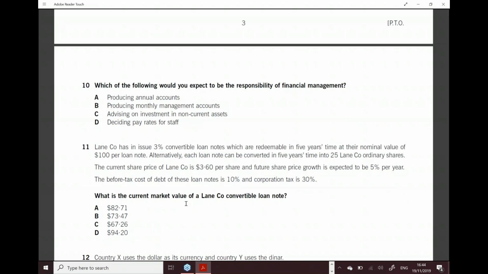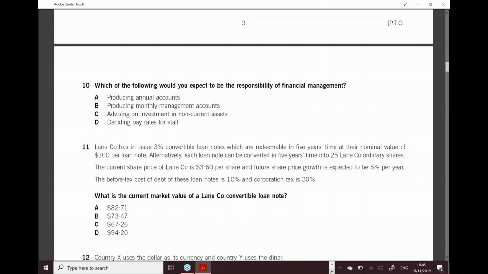Yeah. Question 11. A company has in issue 3% convertible loan notes which are redeemable in 5 years' time at their nominal value of 100. Alternatively, each loan note can be converted in 5 years' time to ordinary shares. The current share price of the company is 3.60 per share. Okay, so